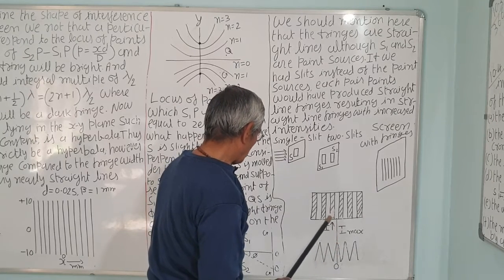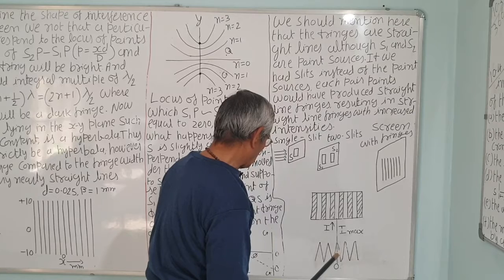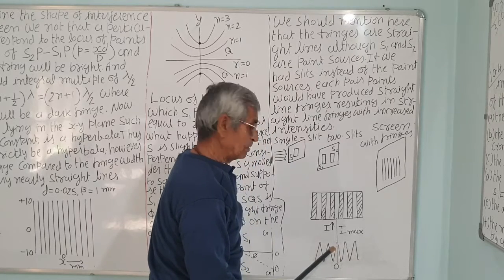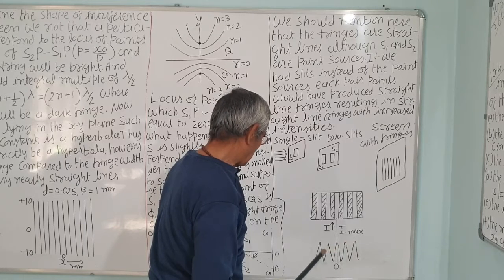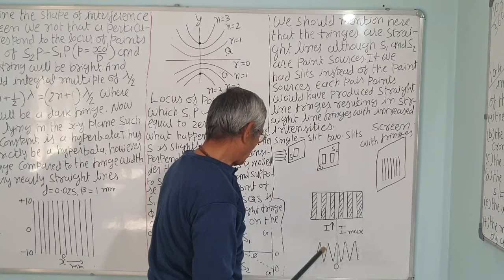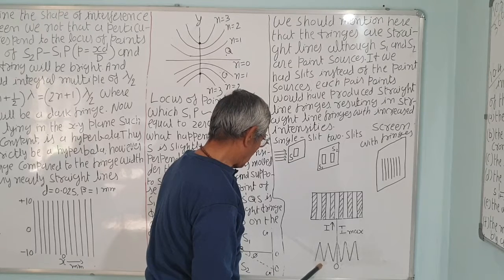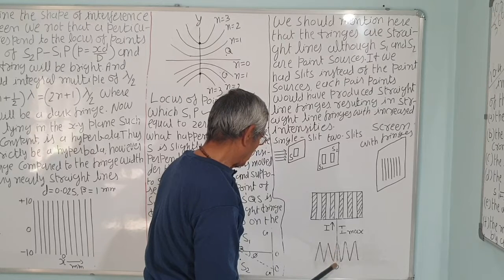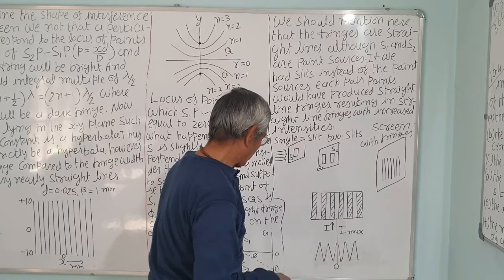So here, this is the central bright fringe O, then intensity here is 0. This is the first dark fringe. This is the central bright fringe, consider. This is the first bright fringe on the right side, intensity is maximum. Here it drops to 0, you can see. So this is the second dark fringe, and on the left side this is the first dark fringe. Intensity is 0, it drops down. Here is a maximum. This is the intensity, correct? Shown that I is maximum at this point.